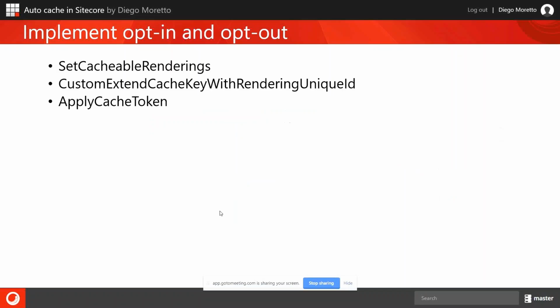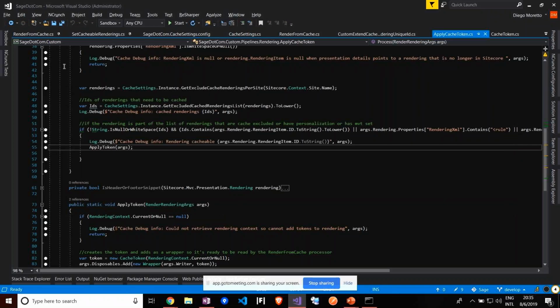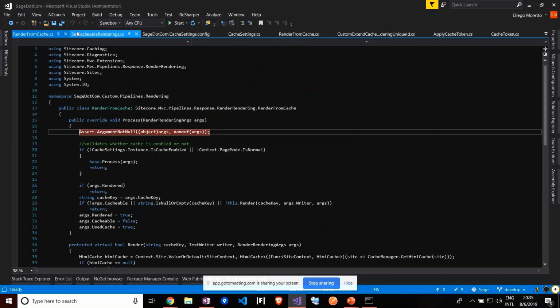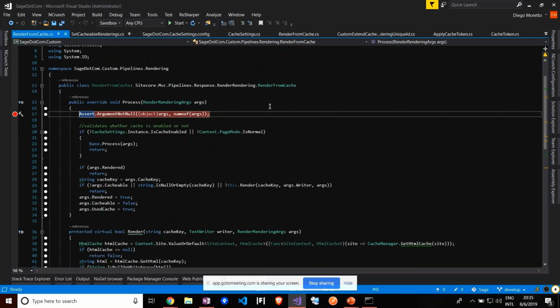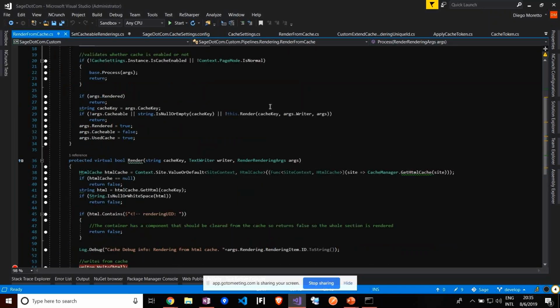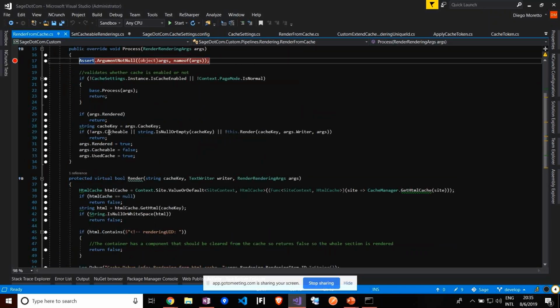And finally, render from cache. In this case, we're going to replace Sitecore's processor. So the three processors that I just showed you, you're going to patch into the MVC rendering pipeline. You're going to add to that. But this one you're going to patch instead. So we're going to remove Sitecore's rendering from cache, and you want to extend that. And it's actually very similar to what the Sitecore processor does, but we're doing